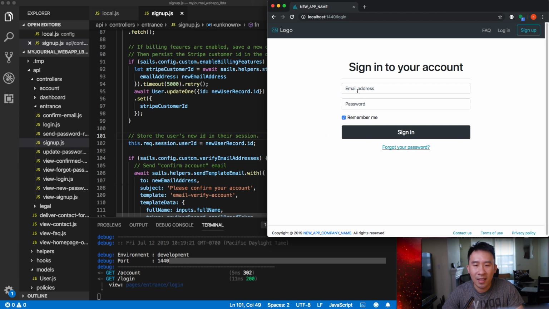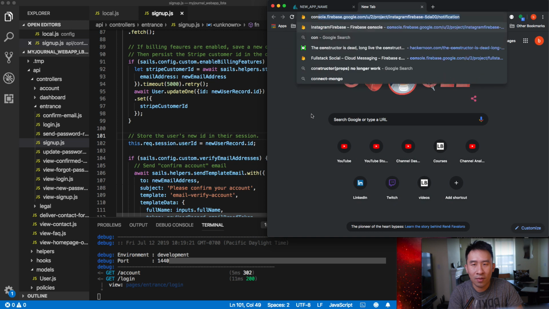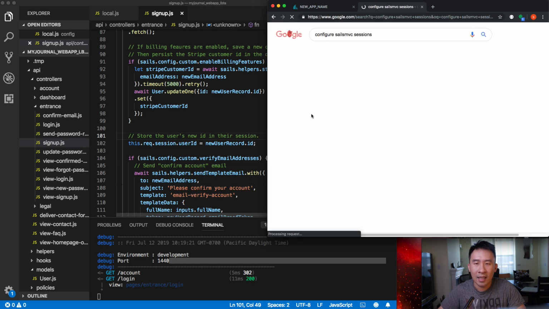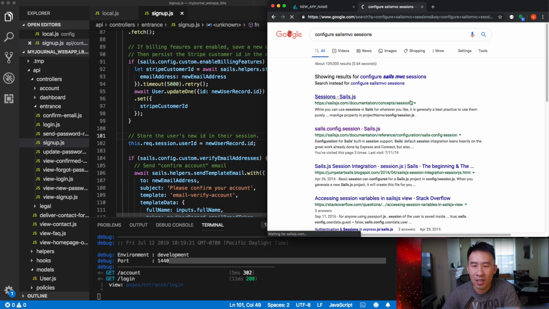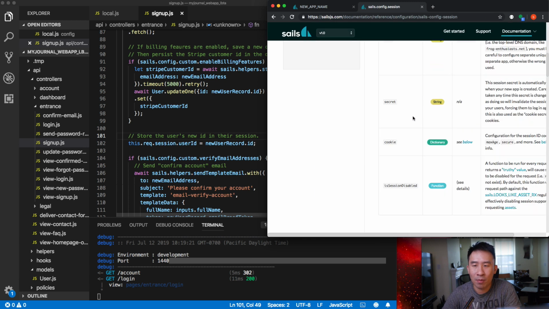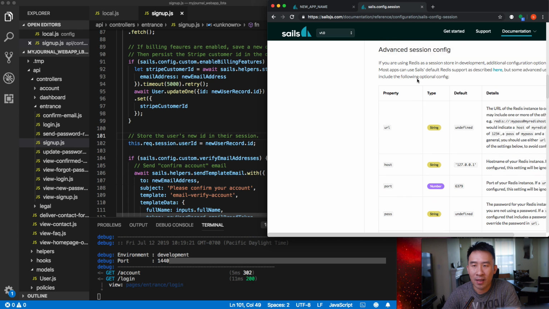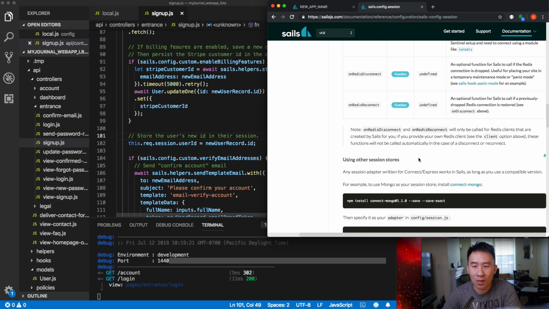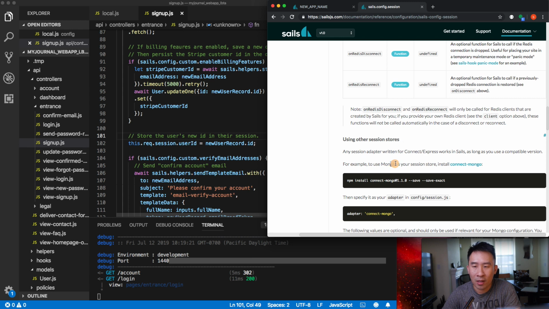So this is kind of problematic and it's kind of annoying to deal with. So let me show you how to fix this now. Basically, you have to configure SailsMVC sessions. And so you might land on this page right here. And then somewhere down below, it'll tell you about advanced session configurations. And then it'll also go through how to use Mongo as the session store, which is exactly what we'll be